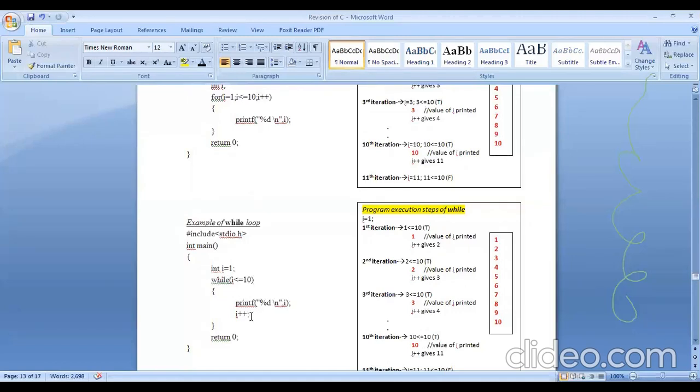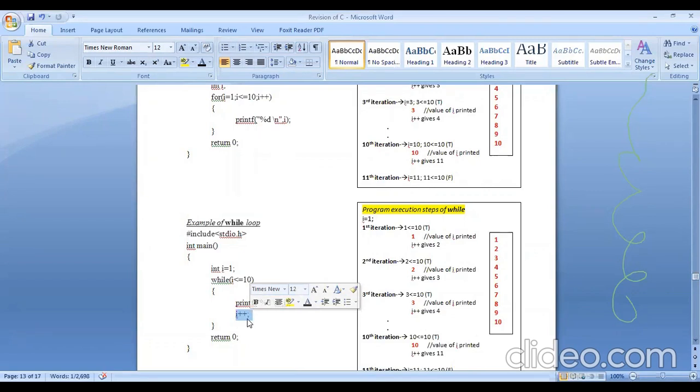And then finally the counter variable is updated based on how you increment or decrement it. Fine. And it is not always that you have to use I plus plus or I minus minus. You can increment the value of I in whichever way you want. You can also increase the value of I by 10, by 20, by 30, by 40. It is up to you. Here, for this program, I have chosen to increment I by 1 only. That is why I have used the increment operator. Fine. If you want to increase the value of I by 2 or by 3, you can simply write I equal to I plus 2, in the updation part.